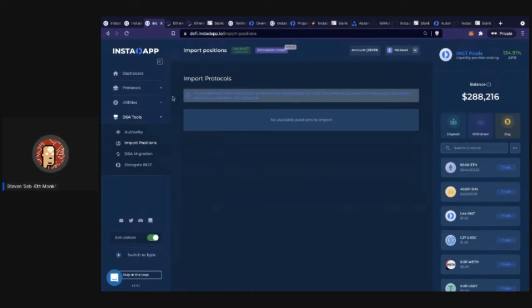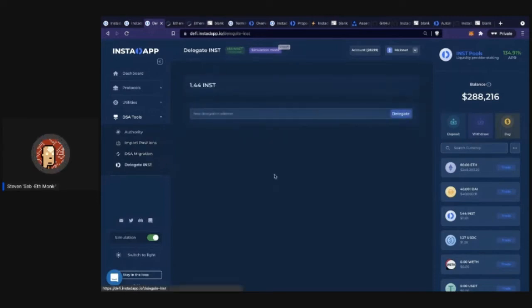And remember, if you do happen to have a somewhat large position or you just want to earn something extra, you are also going to earn the INST tokens while your position's on Instadapp. The DSA migration was for our older users, so I'm not going to show that, but that's if you needed to upgrade. And then lastly, we have delegation. So if you have some INST tokens in your account and you want to delegate its voting power to another address, you can do that here.